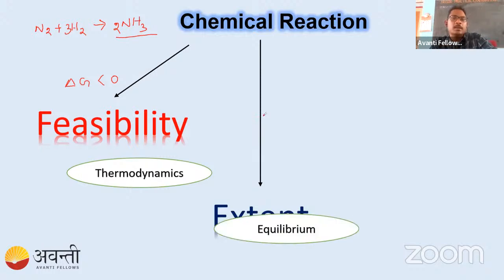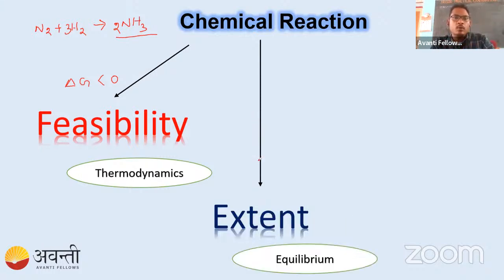So this chapter will tell us the amount of NH3 you will get if you take a particular amount of nitrogen and hydrogen, and how you can increase the productivity of NH3 by varying the concentration of nitrogen and hydrogen, which we have already discussed. You can understand this from the chapter of equilibrium. Now the last thing. We now know that this particular reaction is possible, and if possible, we can produce some amount.